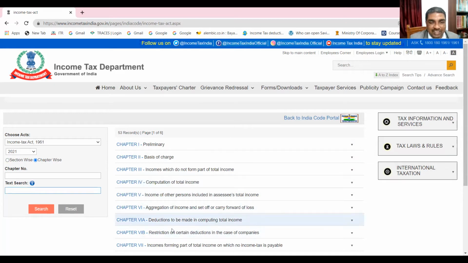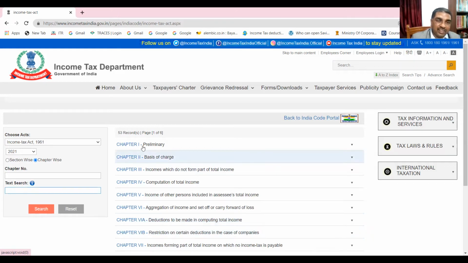Chapter 6, say deductions. Are you seeing it? Is it not a very convenient way? Yes, sir. Very convenient way. So either way you can search it. Suppose you have some doubt whether this section which is there in the study material book is right or wrong, then you need not ask anyone. You can directly refer to the Act. You can verify what is written here.